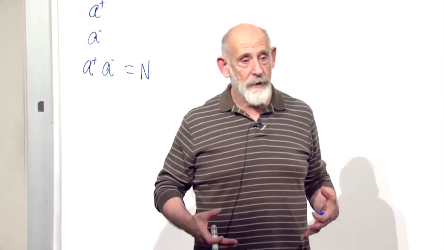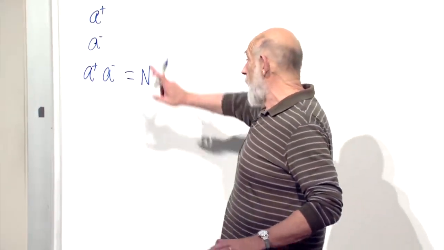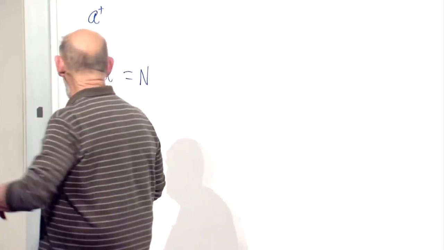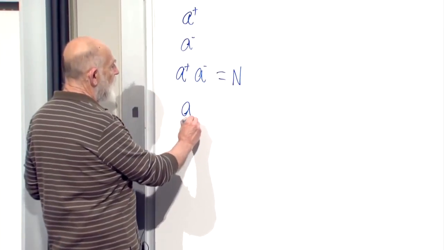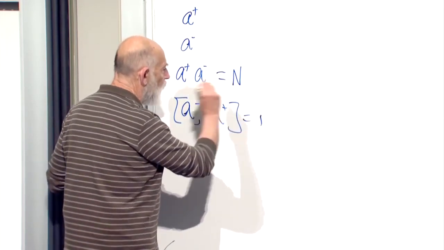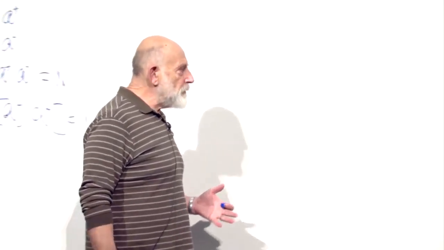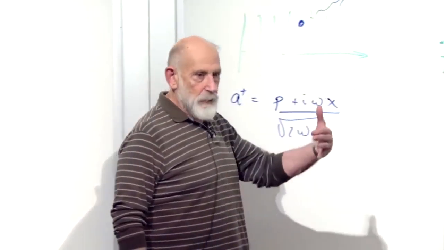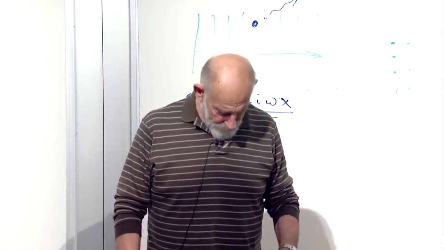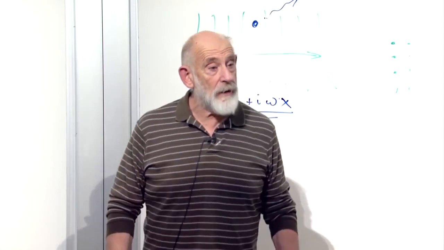One more thing, the commutation relations of A plus and A minus. A plus and A minus are Hermitian conjugates of each other. That's an important mathematical fact. But the other mathematical fact is that the commutator of A minus with A plus is equal to 1. That's what made everything work. That's what we used to find the properties of what happens when we act with A plus and A minus. We used those commutation relations. That was basically it. That's all that went into the harmonic oscillator. Now, I'm going to suppose I have many harmonic oscillators.